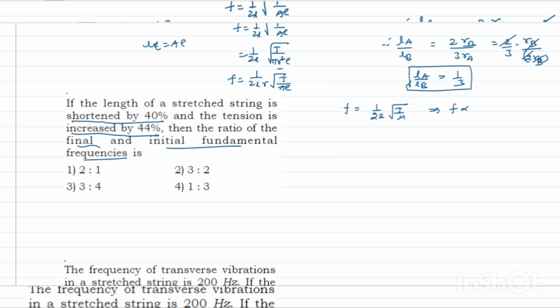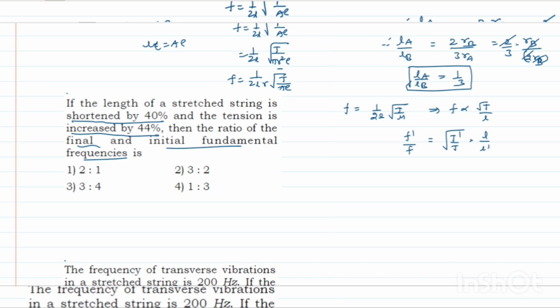It's nothing but F is directly proportional to root over T by L, and here F dash by F will be equal to root of T dash by T into L by L dash. Here, just look at students, it is given that the tensional force is increased by 44%. So F dash by F is nothing but,